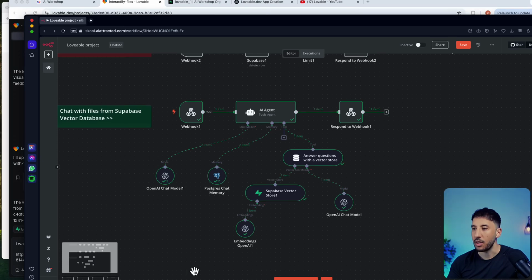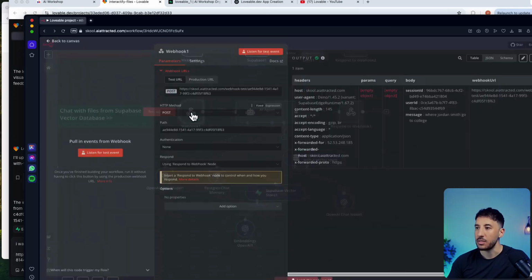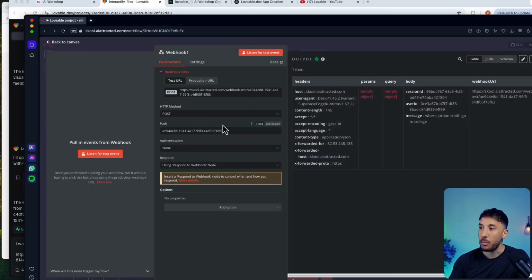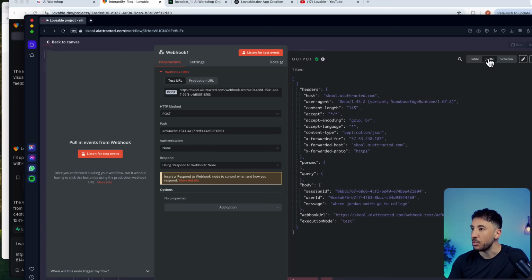So now let's go back to our n8n. So let's see what's going on here. Same thing. So now in this webhook, we're sending, so let me go to JSON here. We're sending actually the message that the user is sending, right? So we need to send that question or that query to this AI agent so it can process it. So again, that came through here. Where did Jordan Smith go to college? So now if I go back here,